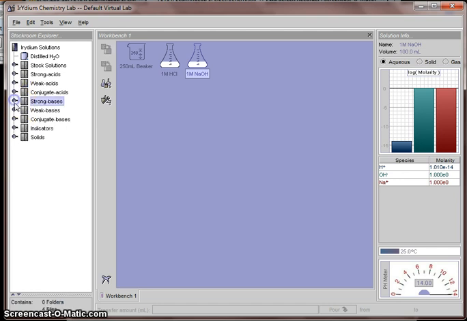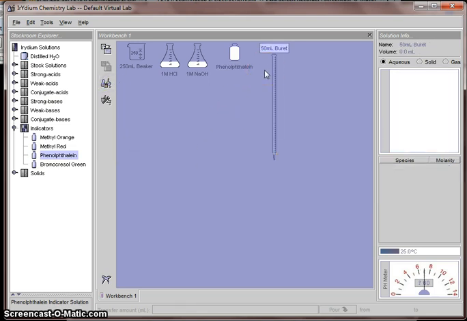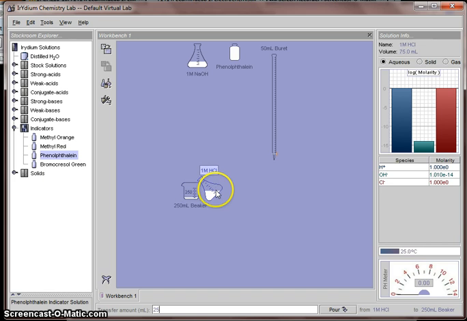NaOH. Okay, and we'll also take indicators. Take phenolphthalein as an indicator. Okay, we're going to need a burette because we're going to do titration. Okay, so I usually assemble everything I need, and so in the beaker we'll take acid, we'll add 25 milliliter of acid. Okay,